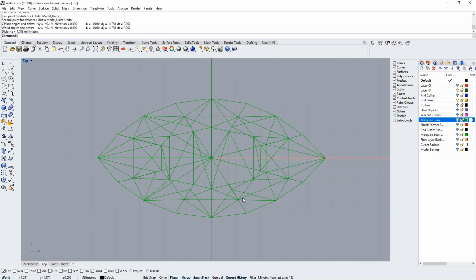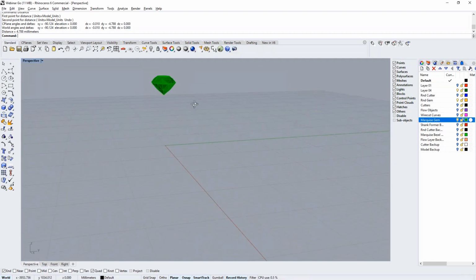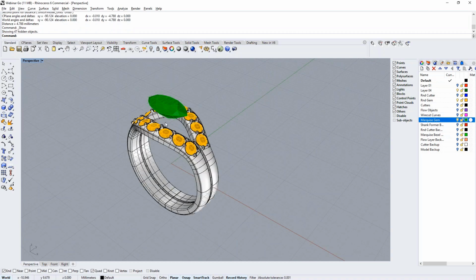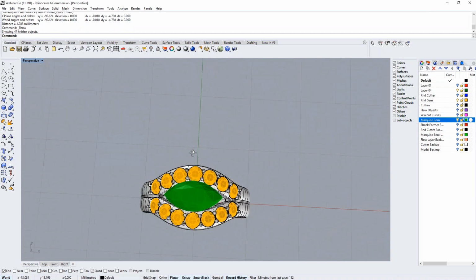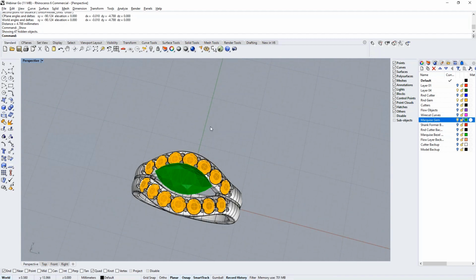I'm just writing this down because I have a tendency to forget stuff pretty fast. That has nothing to do with being in the business for 45 years. There we go. Okay, so the new dimensions for this marquee shaped stone are 9.5 by 4.8, and we're going